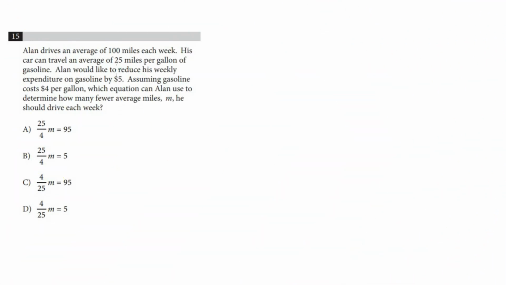Given that for 25 miles, he will need 1 gallon of gasoline, and for 1 gallon of gasoline, the cost is $4. So this means for 25 miles, the cost will be $4. So for 1 mile, the cost will be 4 divided by 25 dollars. Used the unitary method here. So for this m miles, which he wishes to drive less,